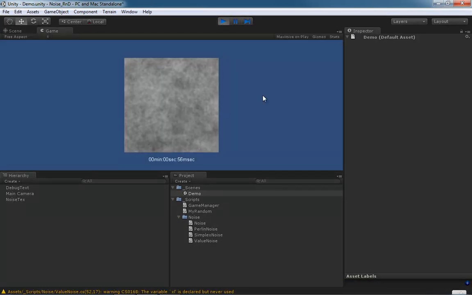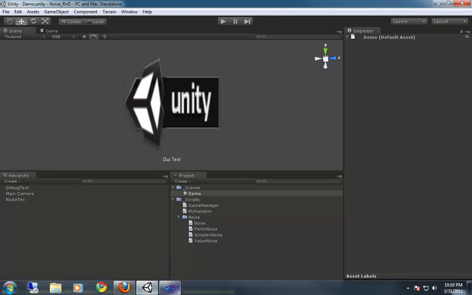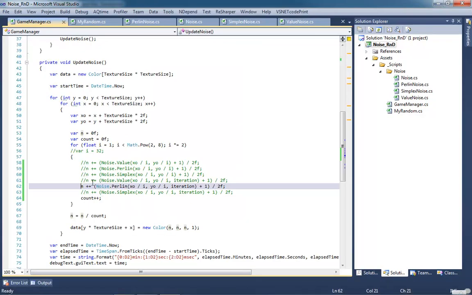At 56, 57 milliseconds. But you can see it looks a little bit different. This one looks more uniform and lower contrast. The lower contrast is a big thing, actually. Yep, out of the simplex. And then if we compare that with our